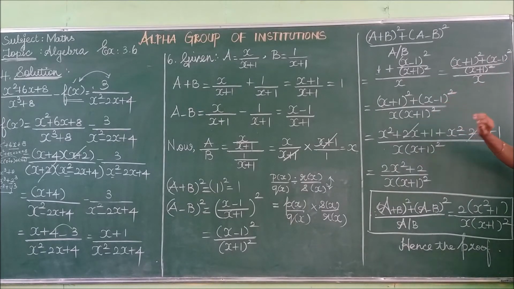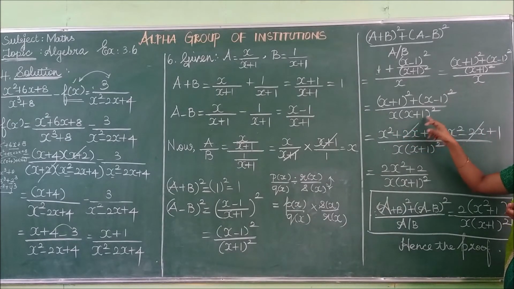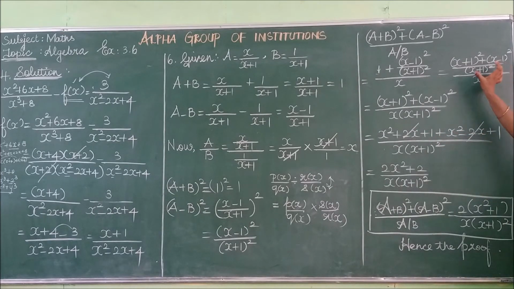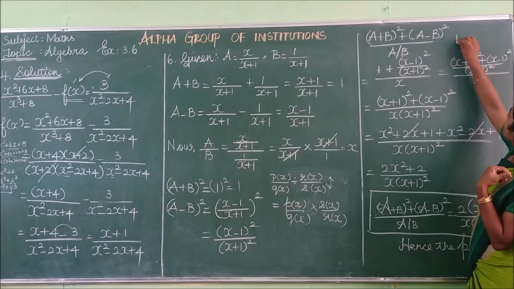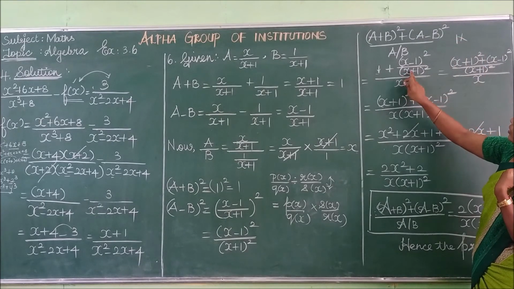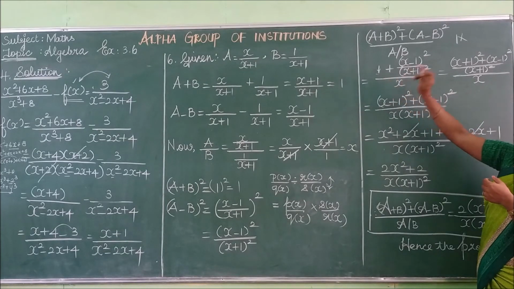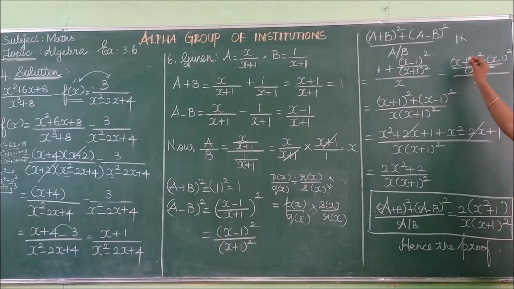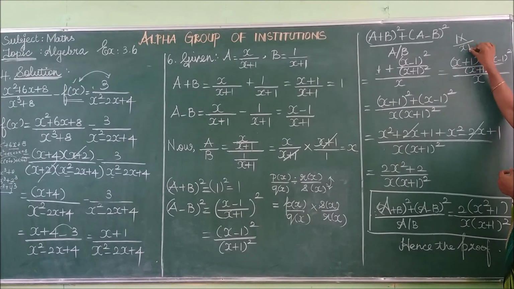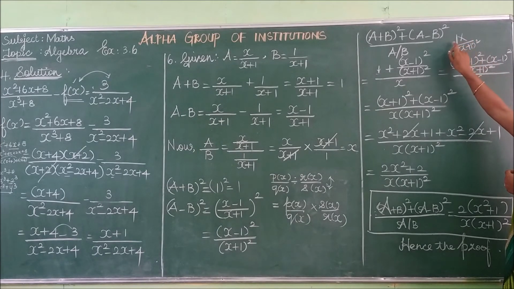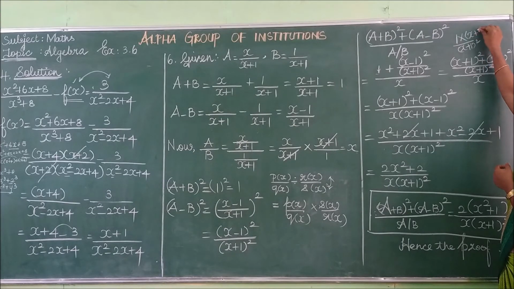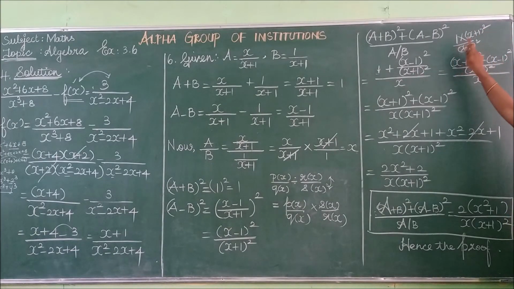You can write that. Afterwards, this denominator and again denominator of denominator get multiplied: x into (x plus 1) whole square. So listen, for this step you have to check. Here numerator and denominator you got, but for 1 there is no numerator and denominator. So to get the same denominator (x plus 1) whole square, multiply in the numerator also (x plus 1) whole square: 1 into (x plus 1) whole square divided by (x plus 1) whole square.